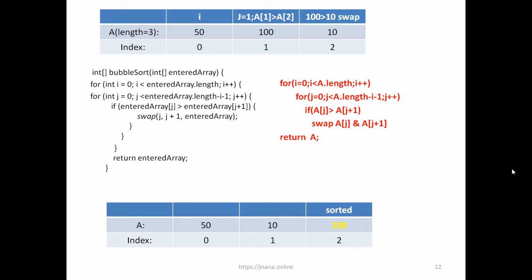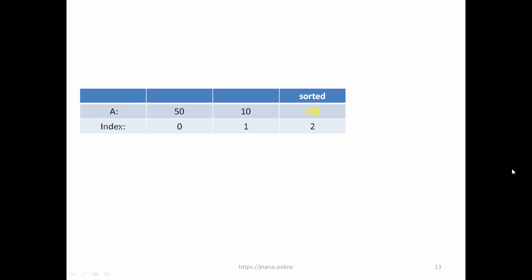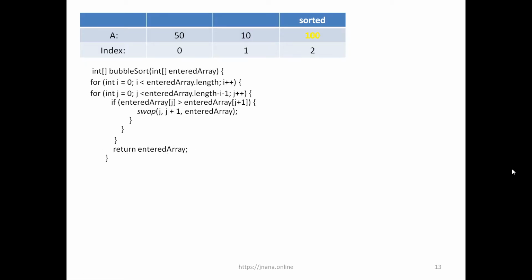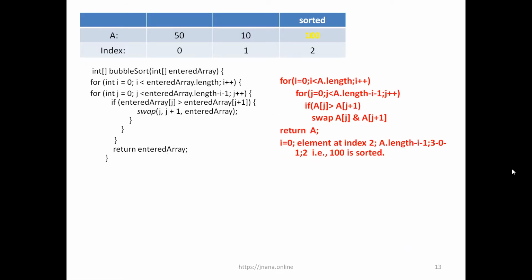So now we can see that 100 is sorted. 100 is sorted means 100 is in the expected position. It is now in its position. Now we will do an iteration where we will compare 50 and 10. Here i is equal to 0. We have come out of the loop for i equal to 0. For i equal to 0, j equal to 0 and 1, we have sorted 100 and we have come out of the outer for loop. After that we have